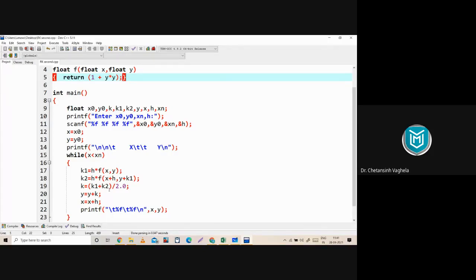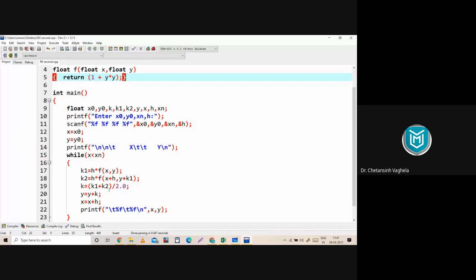Quickly take a screenshot. Okay, I hope the screenshot is done.